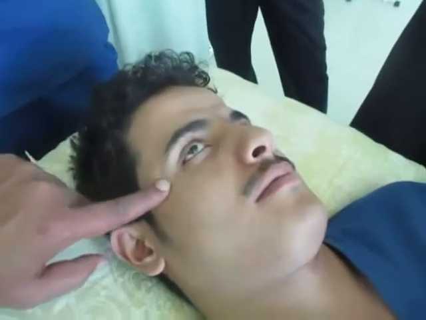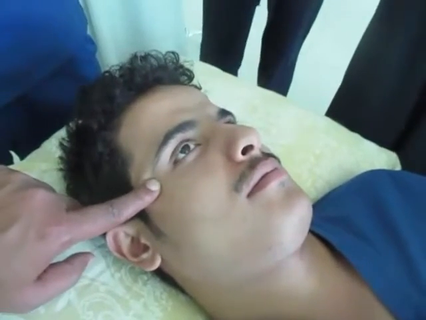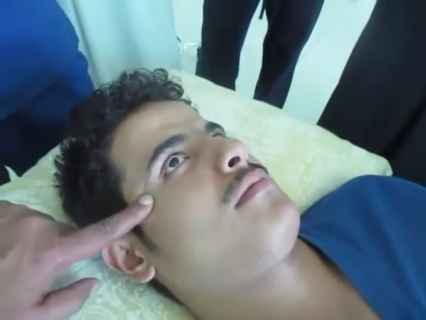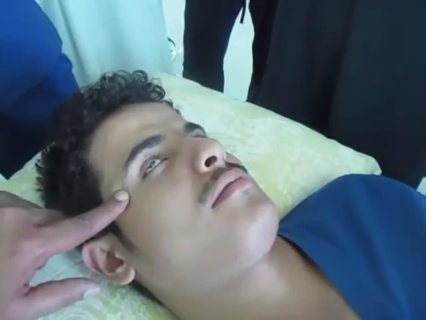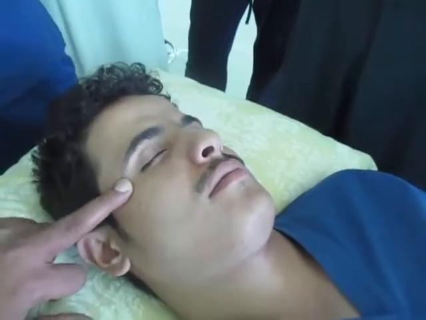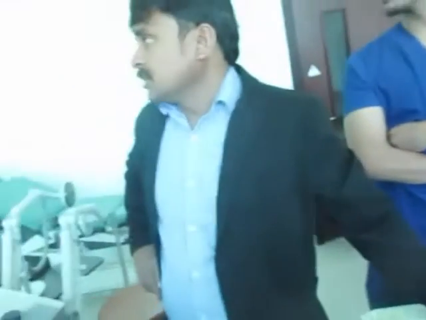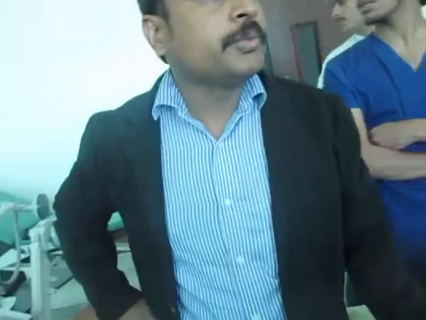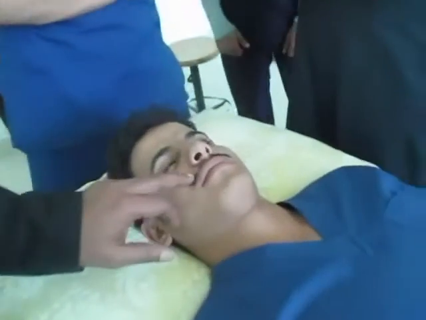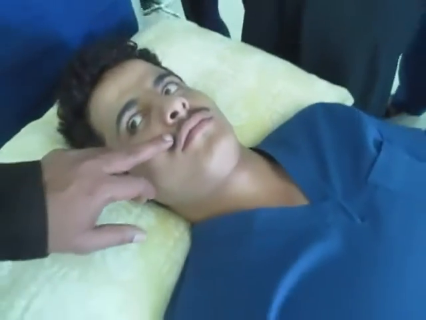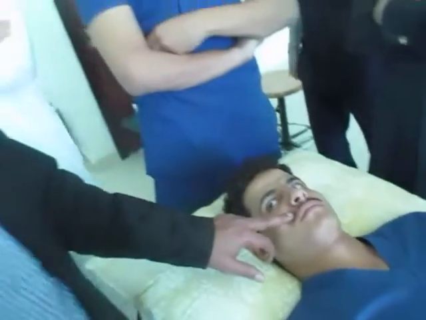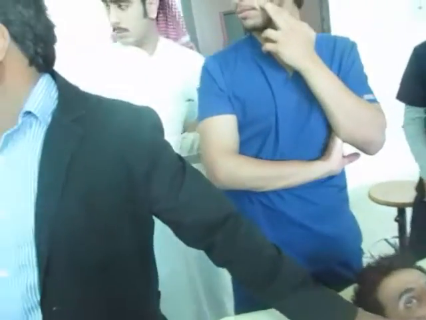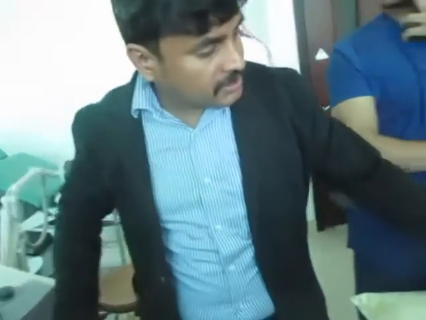Orbicularis oculi closes the eyes. For what? Closure of eyes. If you stimulate here, the eyes will get completely closed. Okay, next. Upper lip elevators, that means orbicularis oris superioris. Okay, here. For this, orbicularis oris, lifting of the upper lip up. Okay. Next comes your buccinator and risorius.